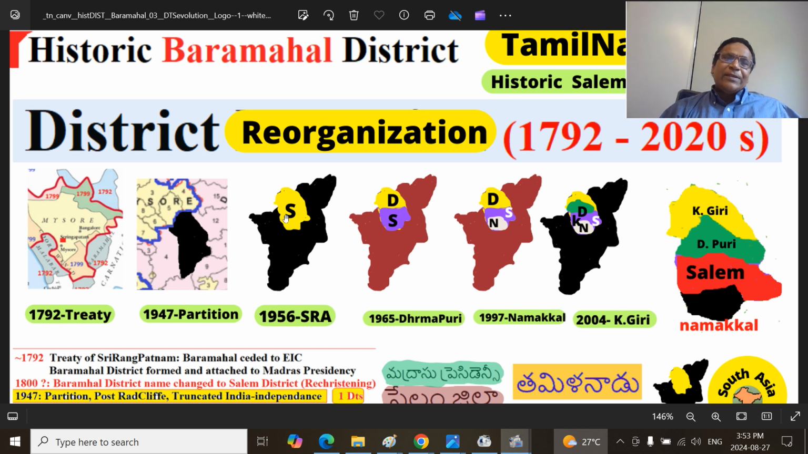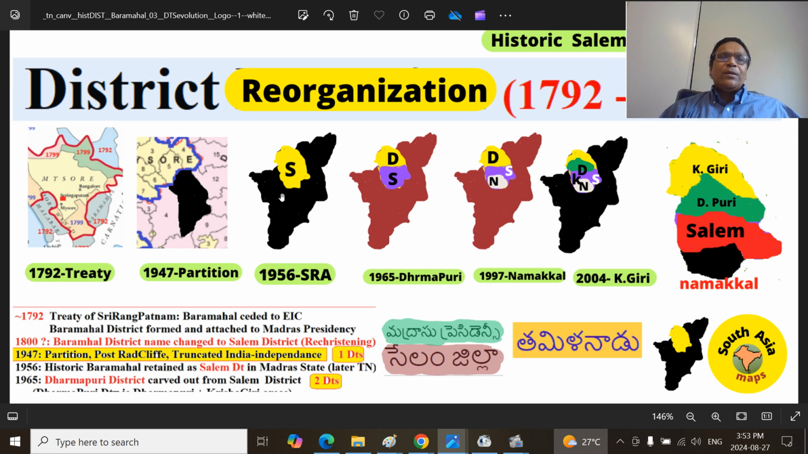This will go into a little more detail. This is the old Salem district. Two districts formed: the southern residuary Salem district and the northern Dharmapuri district, which also included Krishnagiri district regions. Then further, Namakkal was bifurcated from the southern part of Salem district. This is the residuary Salem district. Here I think I didn't arrange it properly, it should be here. So finally Krishnagiri district formed